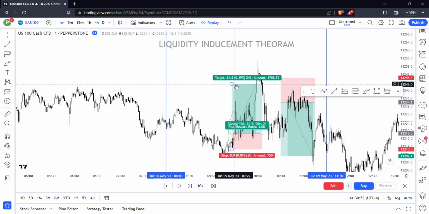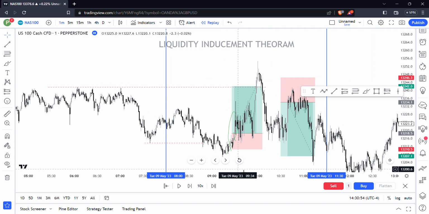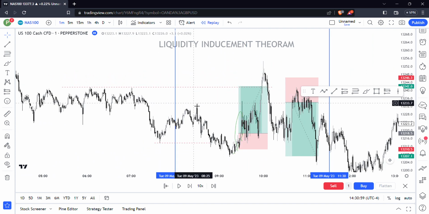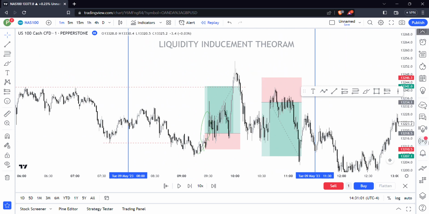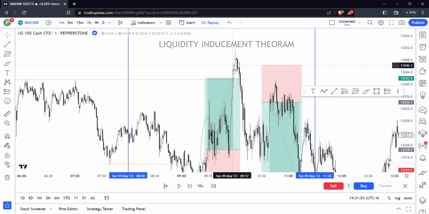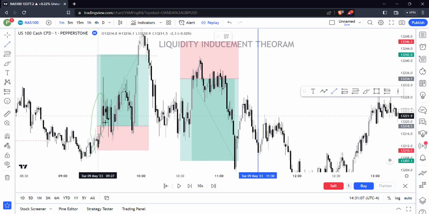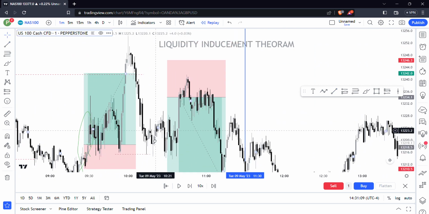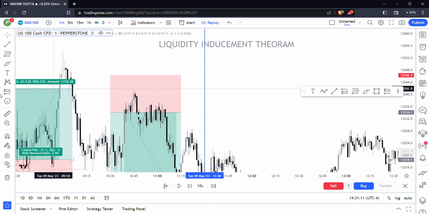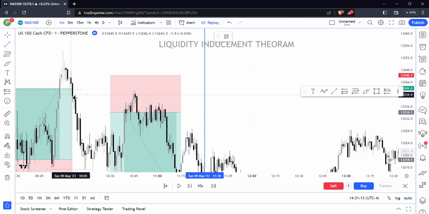And what's your target? What it told at the last point of the checklist, iterate the imbalance and the target is the liquidity. This is the nearest liquidity, right? Nearest high target liquidity. And can you see again the liquidity sweep happened? Again the break of the structure happened. Can you see the clear break of the structure here? And can you see the imbalance here? Where is the first imbalance in the market? See, the first imbalance in the market is here.